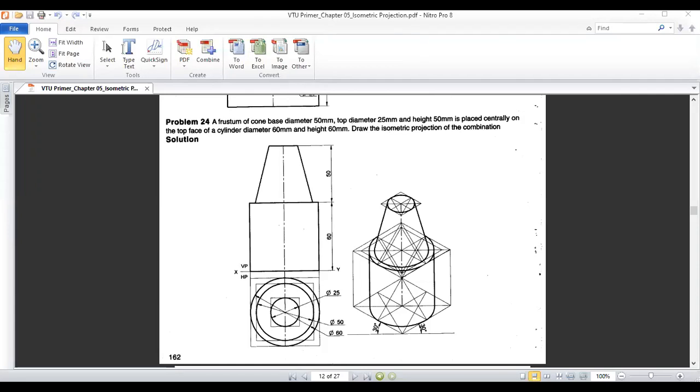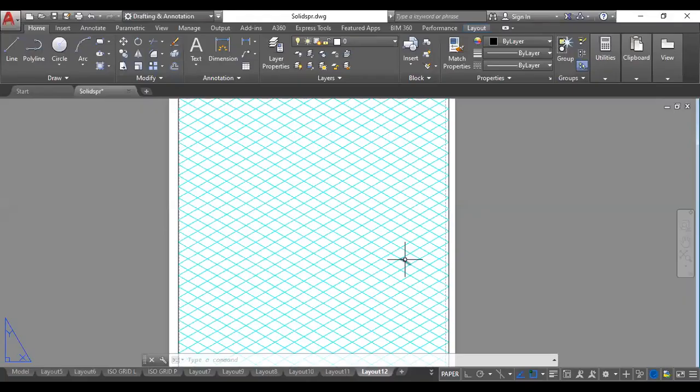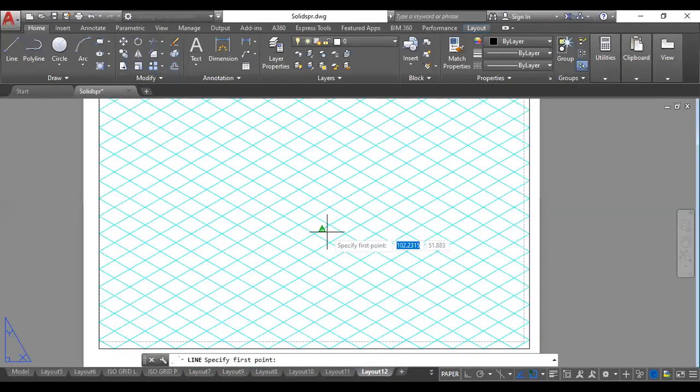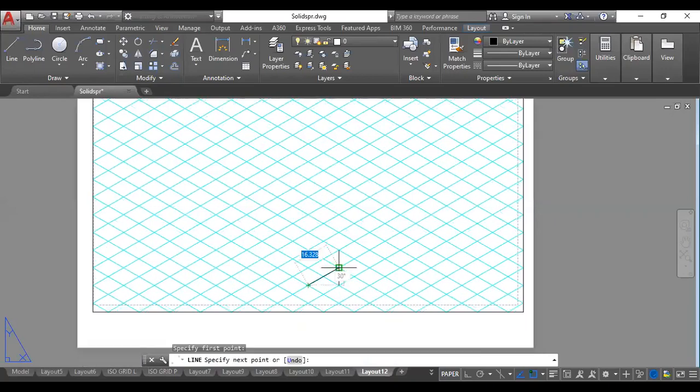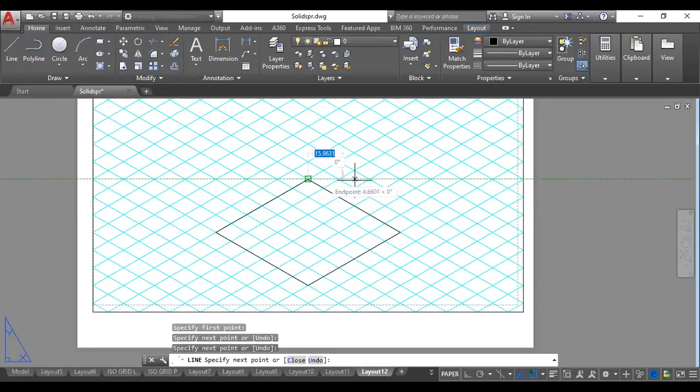Okay, so first we'll start with the base of the cylinder. The base diameter is 60 mm. You already know a circular base will look like an ellipse, so you'll start by drawing the ellipse. From here I will take 6 counts on this side. You know how to draw an ellipse using the 4 center method. So 6 on this side and then 6 from this side, and then one more line, 6 and back to 6.